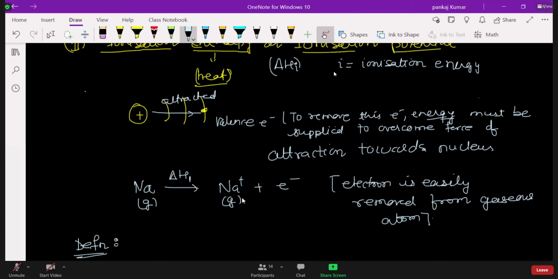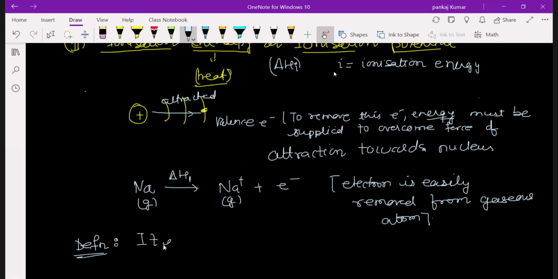It is the minimum amount of energy. We write it with white only. Amount of